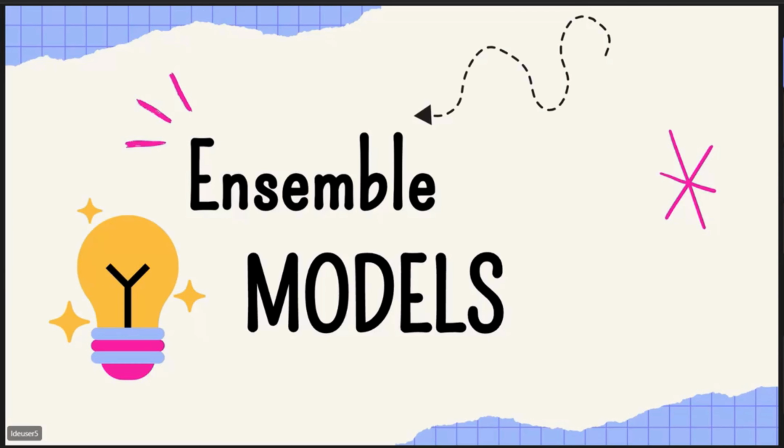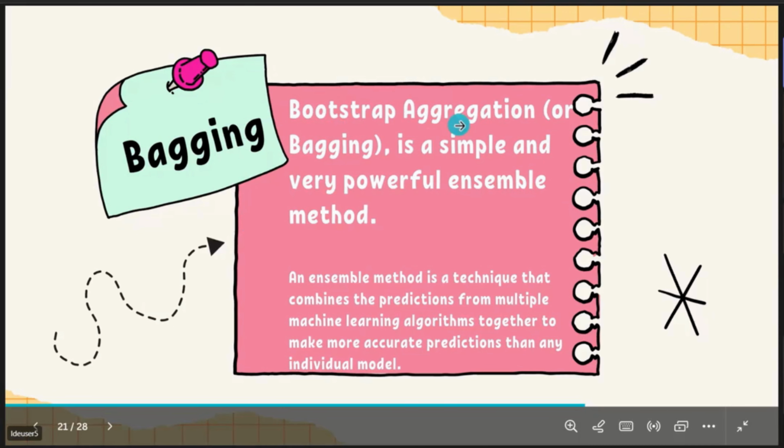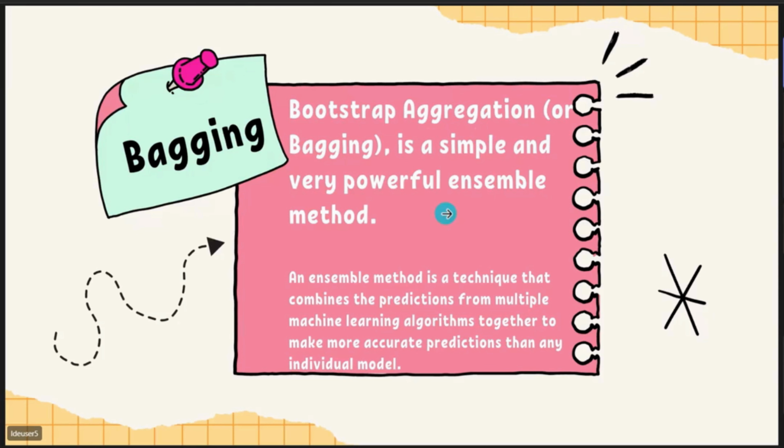So here we have 2 techniques being used in ensemble. The first technique that we're going to learn is called bagging. Bagging is short form for bootstrap aggregation. So bootstrap aggregation is nothing but